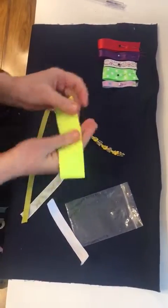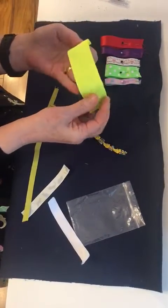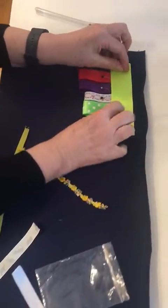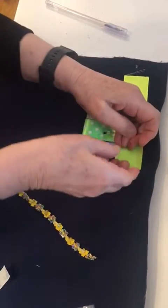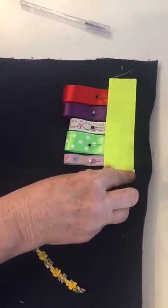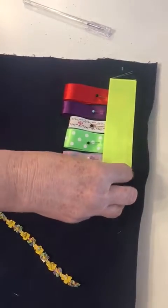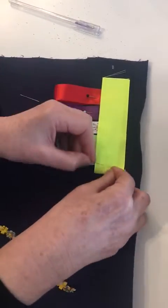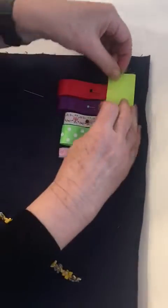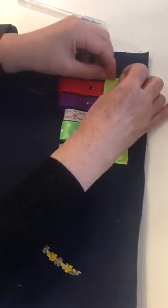There's also a really nice piece of ribbon here to go at the top, so we're going to just pop that across the top, turn it under so that you don't have a raw edge. Just put a pin in there to hold it in place, and another pin over here to hold it in place,